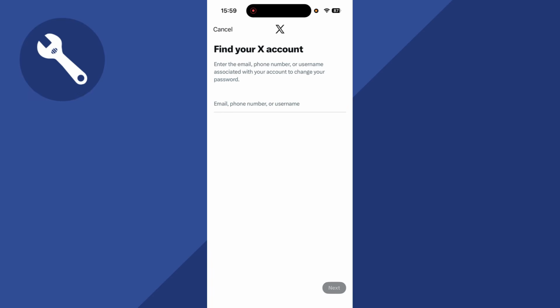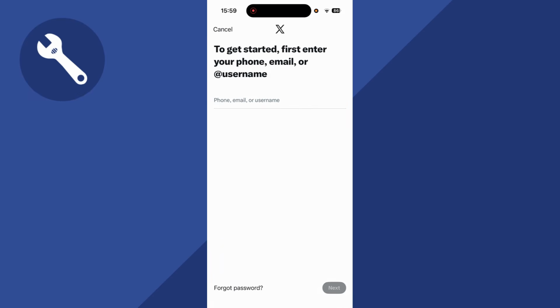How to find a forgotten username on X. So if you've forgotten your Twitter username, I'm going to show you a couple of ways to go and recover this. Now, the first thing you can obviously do is you can click on Forgot Password over in the bottom